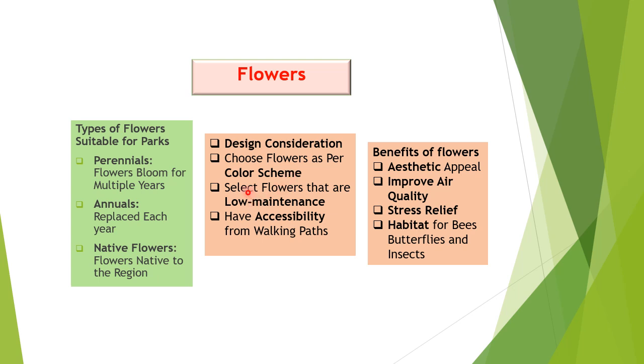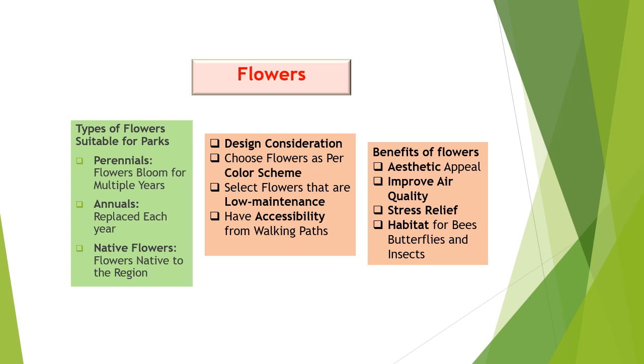So we have flowers, you select flowers that are low maintenance and accessible from walking paths. So you are planting the flowers where they can be seen from the path. What are the benefits of the flowers? It has an aesthetic appeal, it improves air quality, it has a stress relief effect, and it will be a habitat for bees, butterflies and insects, which are the pollinators. So this flower vegetation and all vegetal cover will be discussed in other videos where a landscaper uses them as